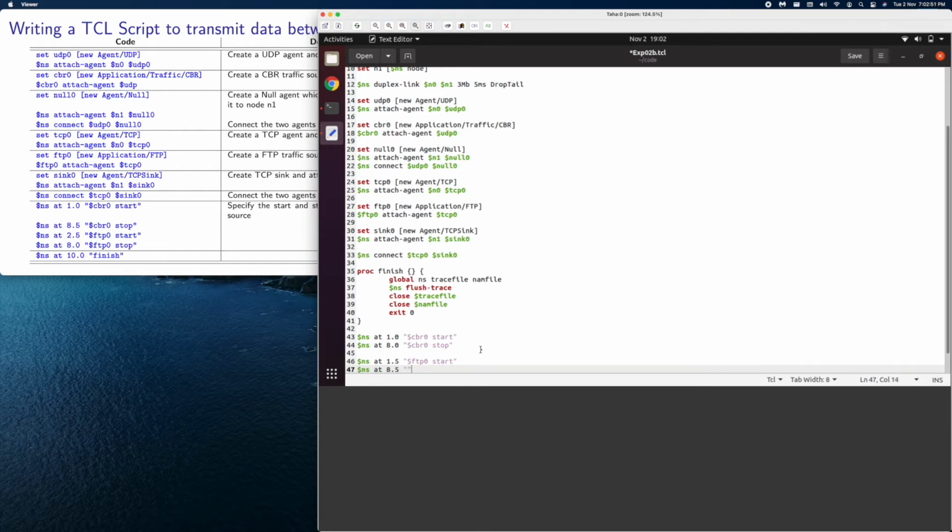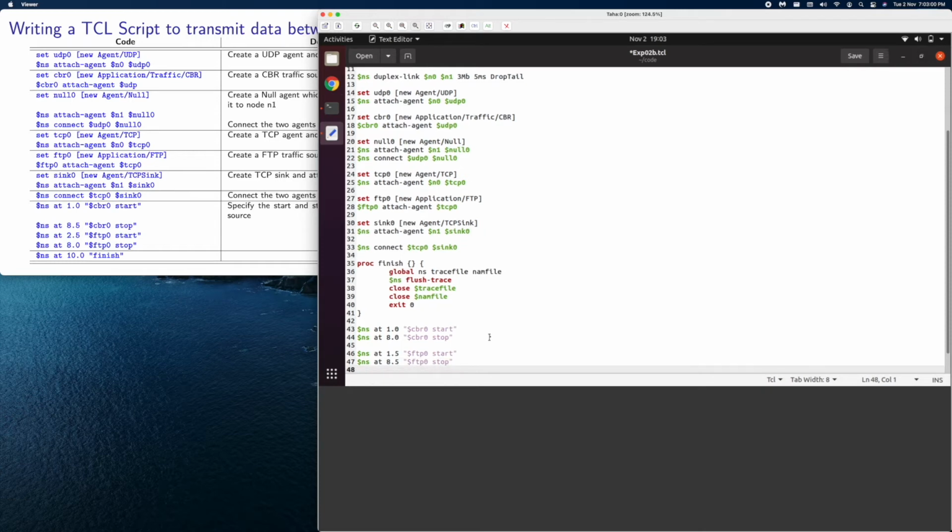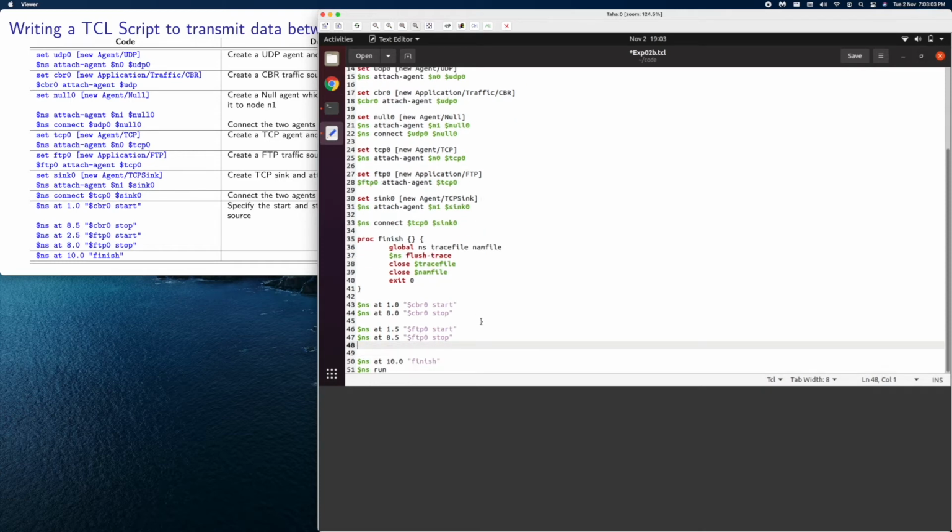We can stop it wherever we want. Good. We have started the application and stopped it.